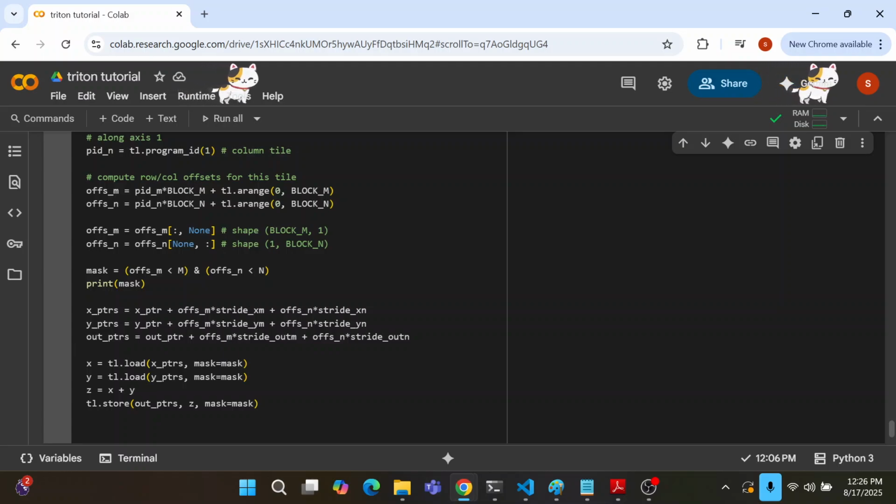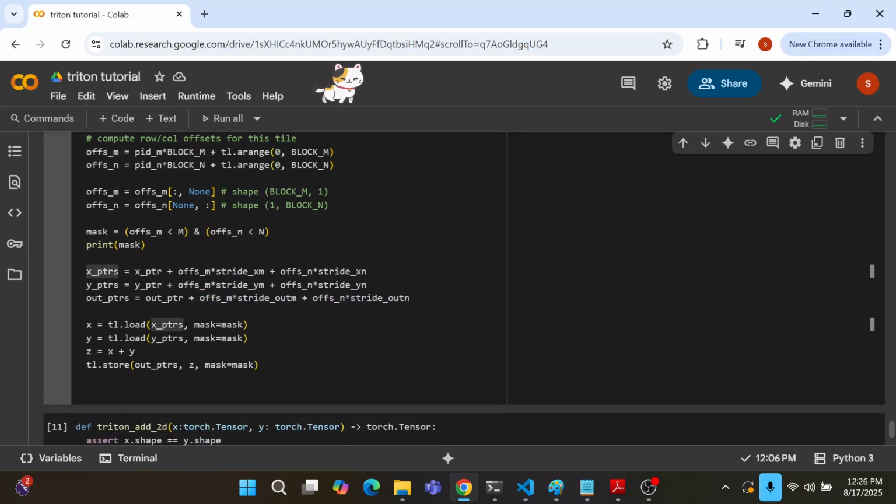Once you get the X and Y pointers, you do the same for the output pointer. Then you load X and load Y, so you load both. Then I'm doing the addition: taking X and Y, adding them, and storing Z back in my output pointer, which I calculated here.